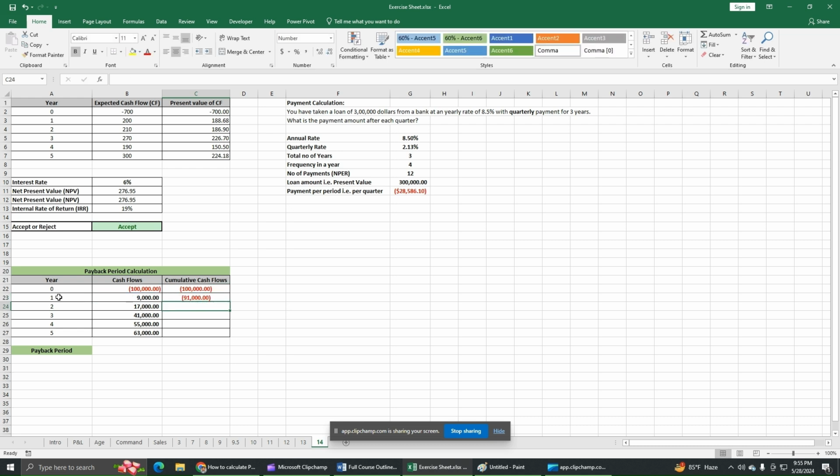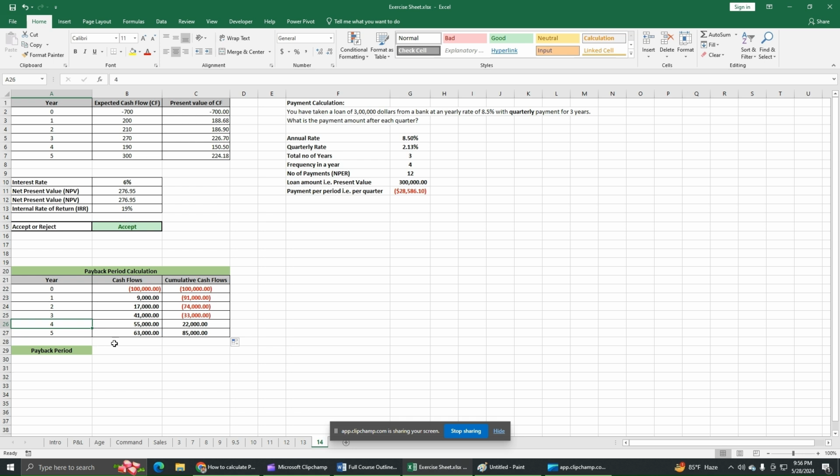So we can see at the end of the first year we still have 91,000 to go. Then if I drag this till last, we can see even after year 3 we need to cover 33,000, but after year 4, after covering this 33,000, the business generated more, and that's why it is showing a positive balance amount of